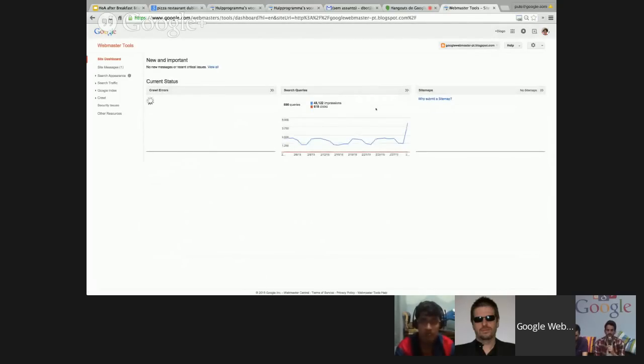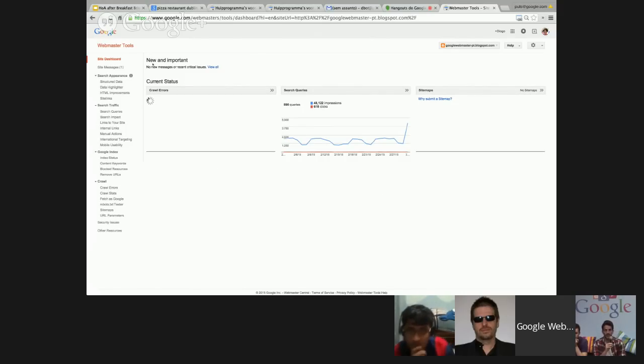And you're going to see something like this. There's a lot of things here. We're not going to go through everything, for the sake of time and for the sake of allowing you some time to ask questions at the end, but this is the main dashboard. You see at first that you have a menu here with all the tools that we have available for you, and you can see that there are plenty. And in the middle, you have 3 sections. The first section is called crawl errors. Right now, it's having a bit of trouble loading some data.